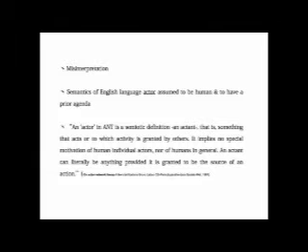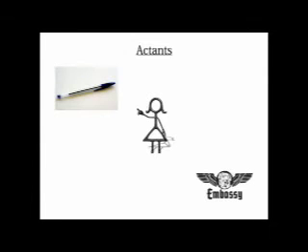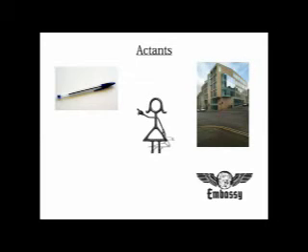That is, something that acts, or to which activity is granted by others. It implies no special motivation of human individual actors, nor of humans in general. An actant can, literally, be anything, provided it is granted to be the source of an action. An actant can be anything from a person, to a pen, to an organization, to a computer,